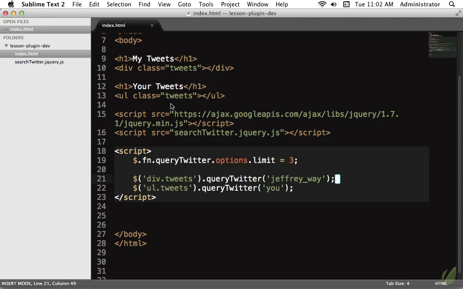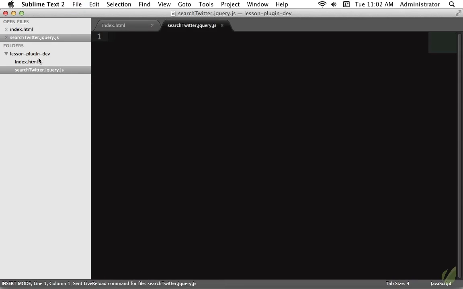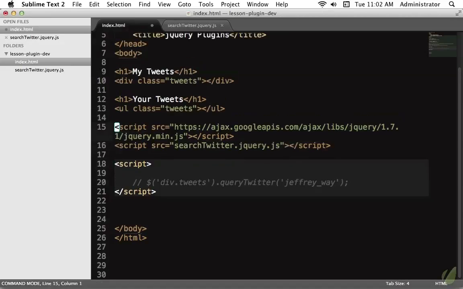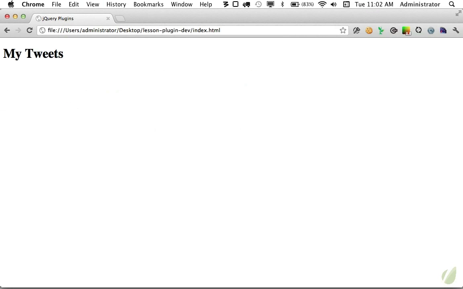So take a look at all of the flexibility that this provides us, and then it comes down to we're dealing with about 100 lines of code. That's really nothing at all. So now we get to build this from scratch. I'm going to delete that completely, and we're going to comment this out. We'll get rid of the override and remove the second tweets. So if we come back, now we just have my tweets with an empty unordered list,